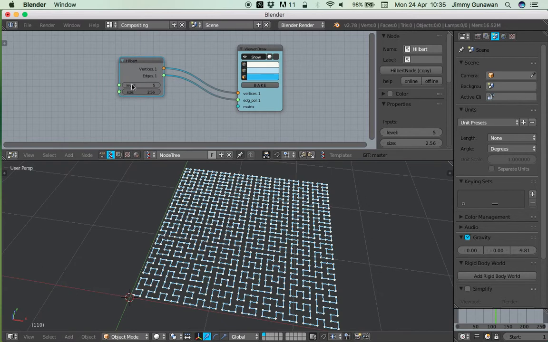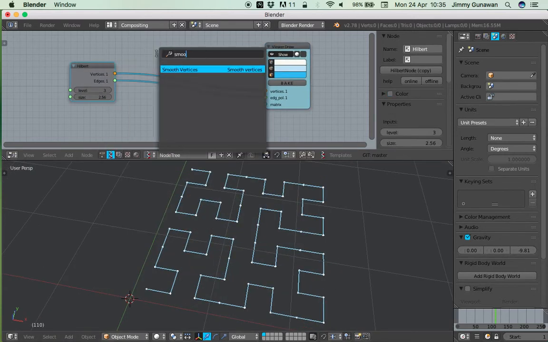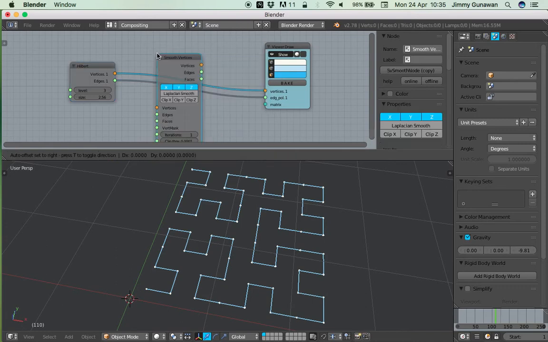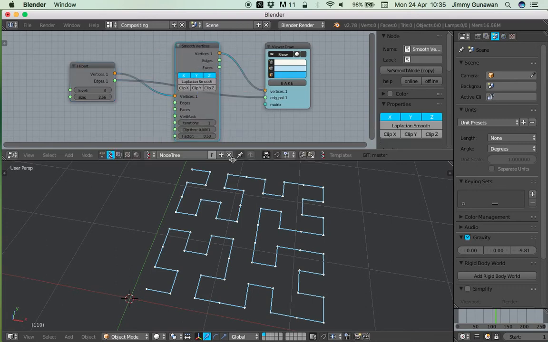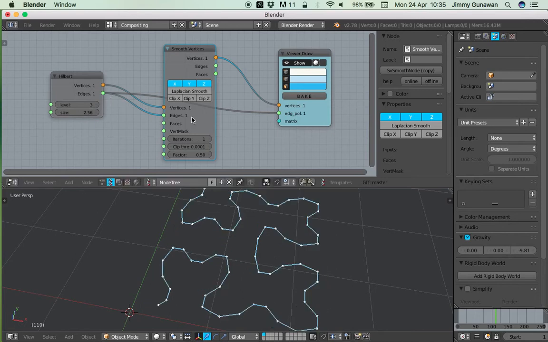So that's Hilbert 2D. It's nothing much about it, except that if you're using smooth vertices, since we already have this inside Sverchok now, we can plug the vertices and edges in, and then we should get